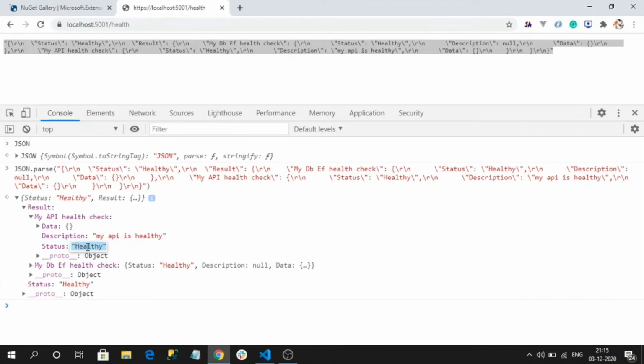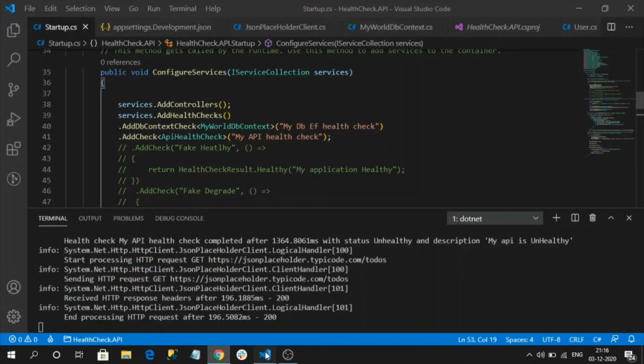So finally we have seen two real-time scenarios here: database connection and external API performance monitoring. Like this you can add any number of health checks into your application based on your requirement. And if you see here, all the health checks will run whenever we access our health check endpoint.